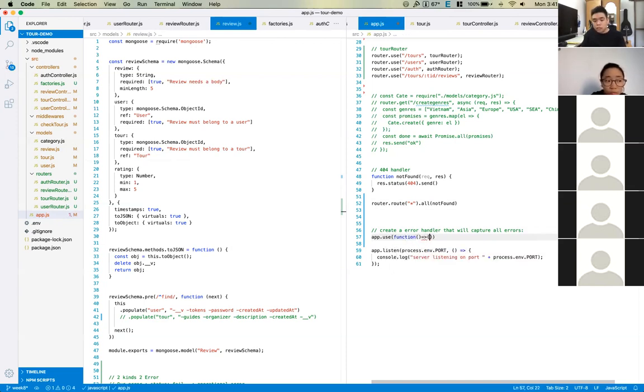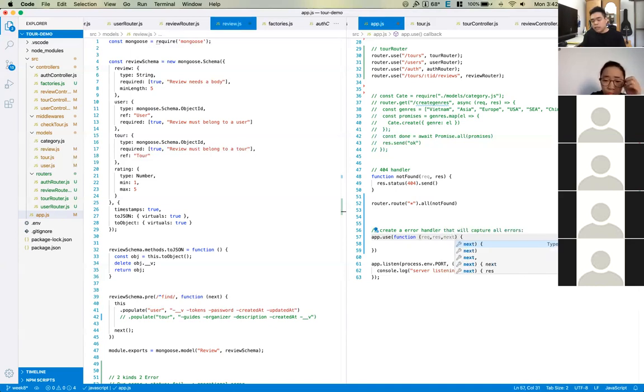As you know, a middleware function has three arguments: request, response, and next. But as an error middleware inside our application, we also have a new thing called error. We can define a function with an error here. So whenever this function calls next